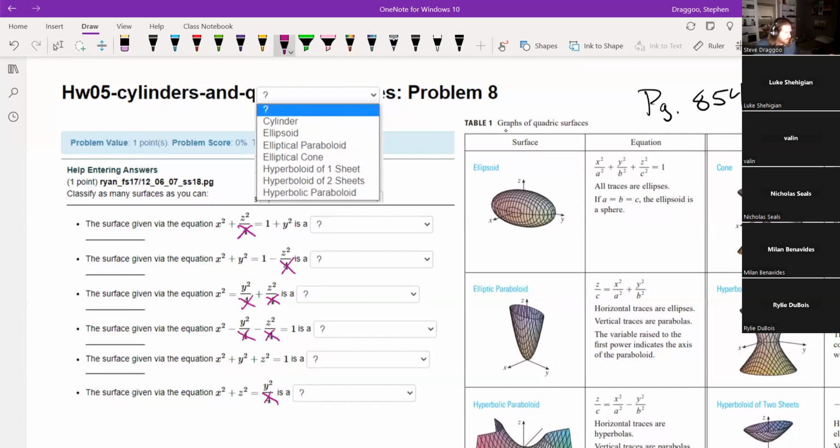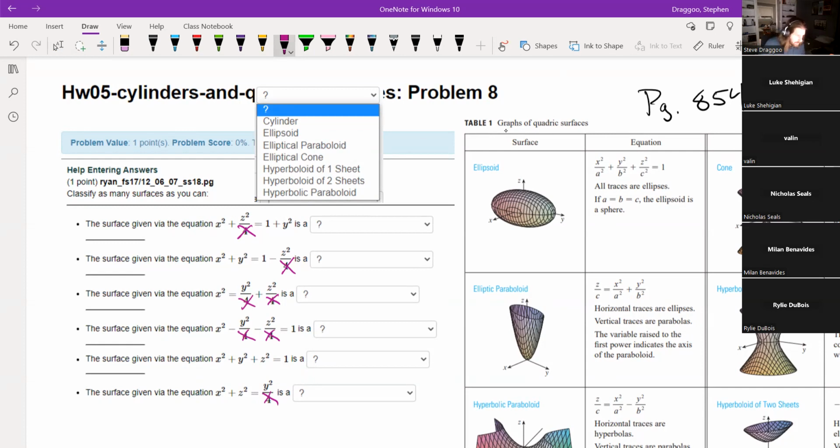which isn't all that common, but either way, if there are extra numbers in the problem, I'm simply going to ignore them. The only things I'm going to care about are the coefficients that go on any of my x, y, or z values, and a constant term if I have one. But every single number, at least in my head, when I'm doing these problems, is 1, -1, or 0. And if it's not one of those numbers, I ignore it. So z squared over 4, I'm just going to pretend that's z squared. And it's going to make identifying these surfaces quite a bit easier, I think, anyway,